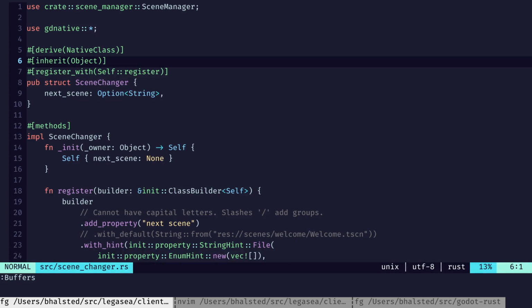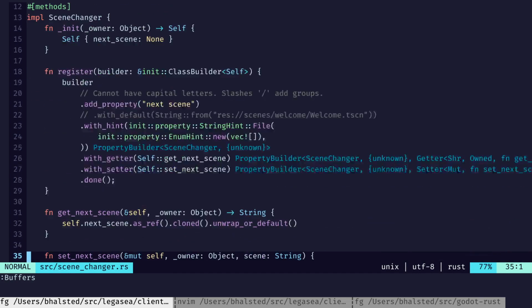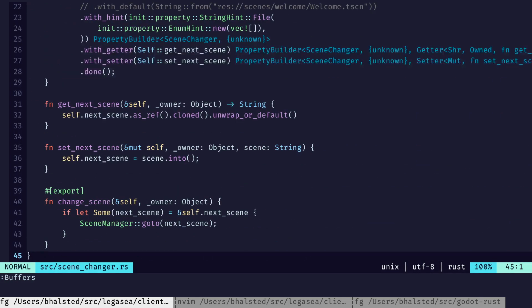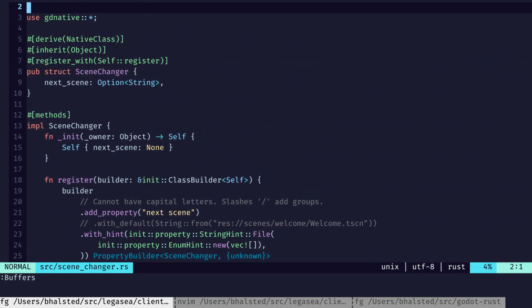Then there was also scene changer. Because if you click on a button, you probably want to be able to go to the next scene. This one's interesting though, because here we have a property. When we played around with properties on this one,